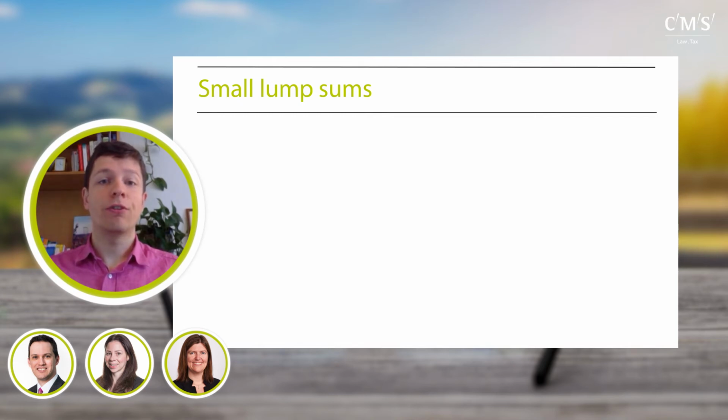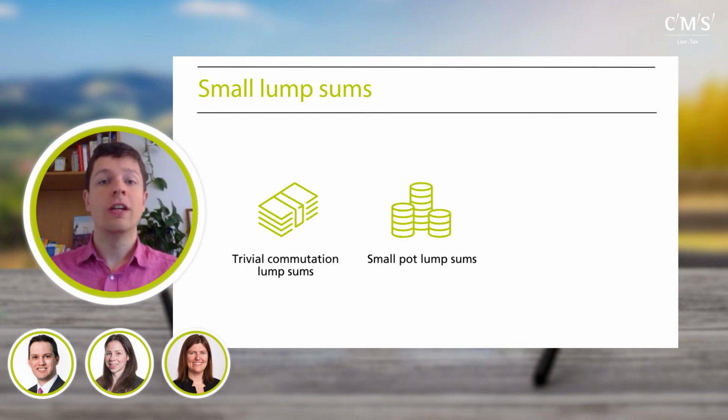Schemes, on the other hand, reduce their liabilities, but primarily get the benefit of lowering administration costs and making themselves more attractive to insurers on their journey towards buyout. Lump sums aren't generally offered as exercises in their own right, unlike pension increase exchanges and transfer values, but rather, in the case of trivial commutation or small pot commutation, might be part of a wider member options exercise or